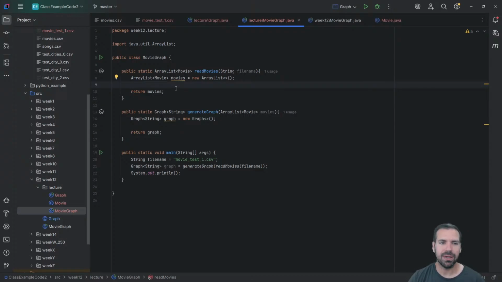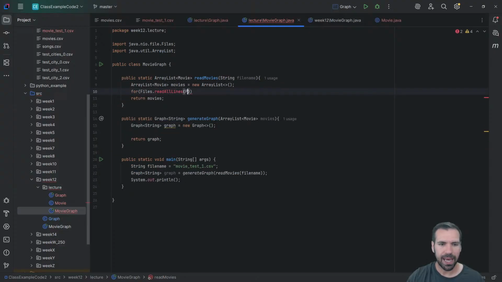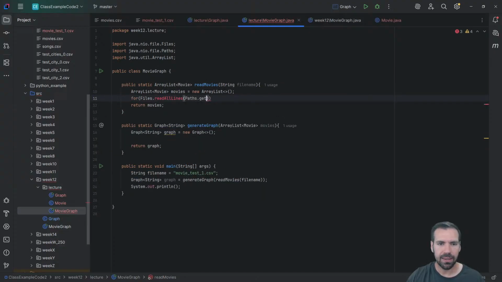I'll try to do things a little different than I did in the lecture 6 examples, the files lecture. Do things a little different just to keep it spicy, keep something interesting happening, but not too different. But let's read the lines of these files. So we have Files.readAllLines, Paths.get